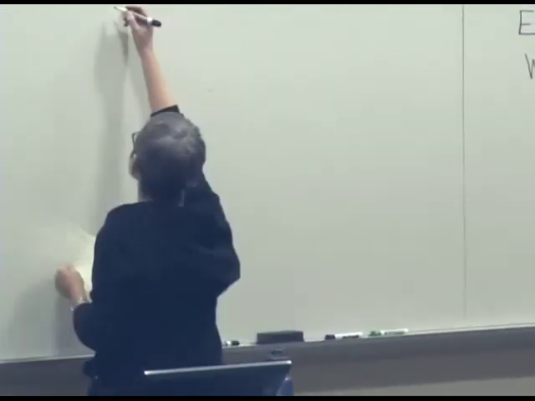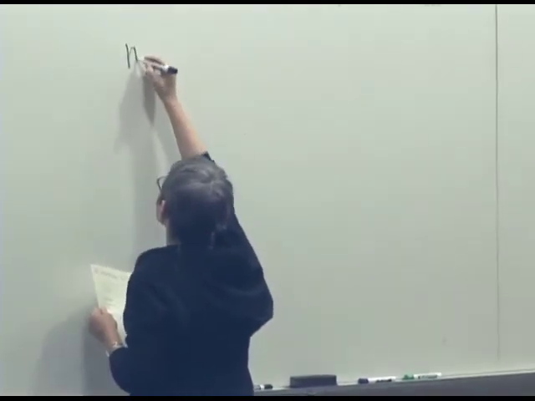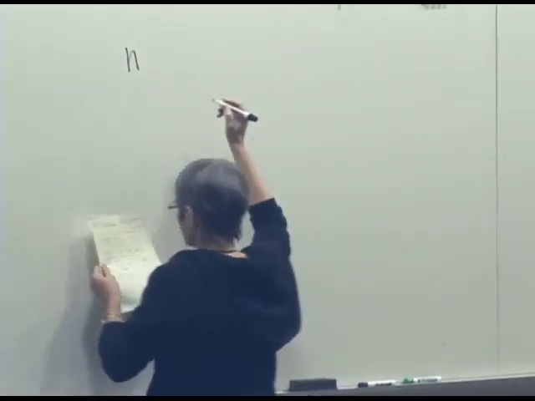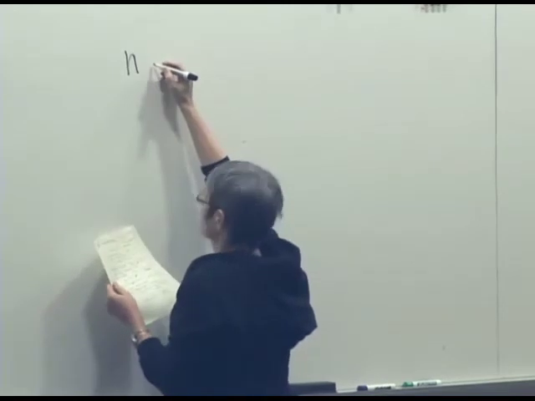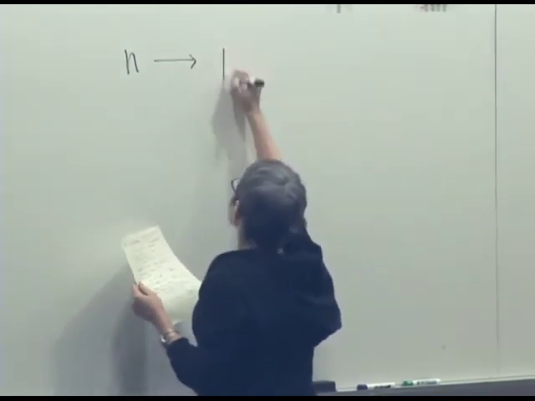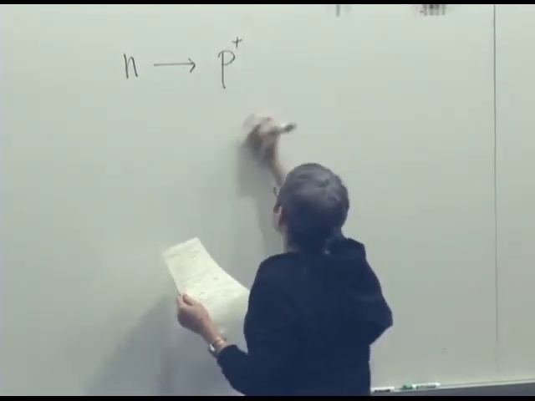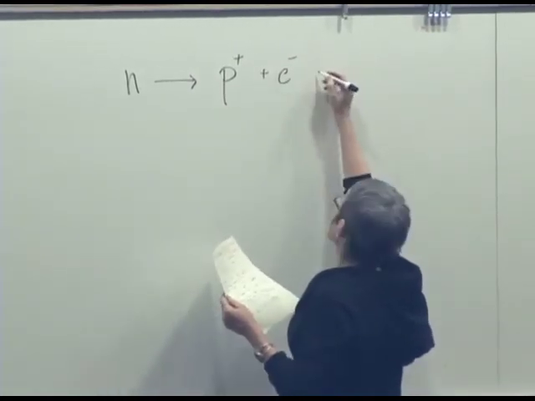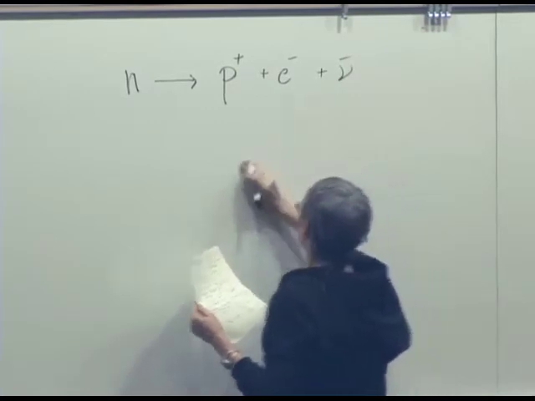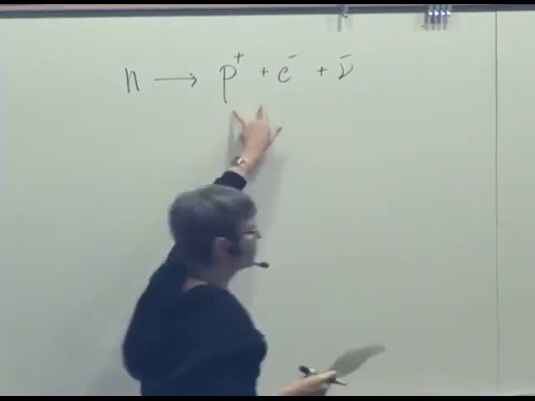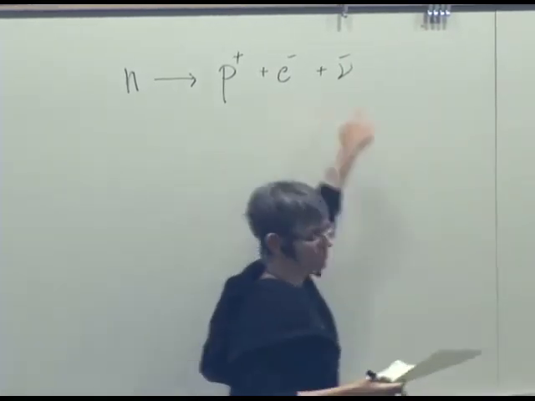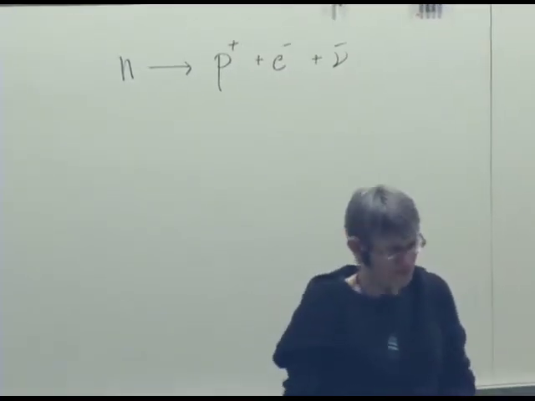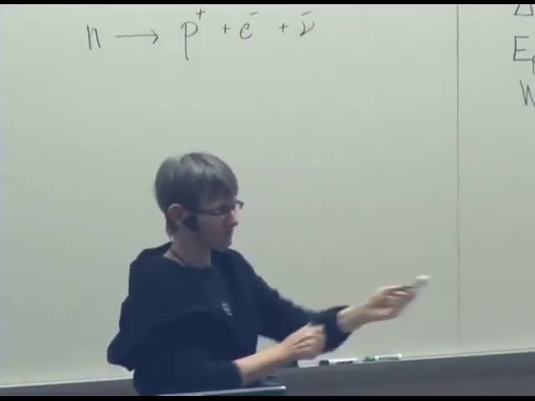So let's consider neutron decay. We have an isolated neutron sitting off in outer space somewhere. It'll do this even if it's not in outer space. And after 15 minutes or so, on average, it decays into a proton, electron, and antineutrino. Okay, you know what protons and electrons are. What are neutrinos? Neutrinos are